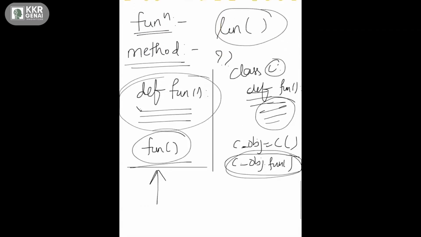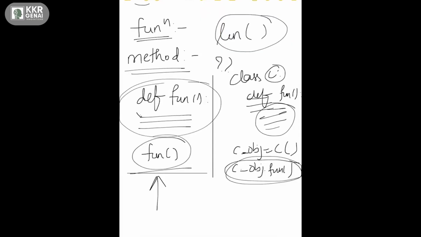Shekhar, sorry, but one quick question here. Go ahead. Suppose you have a combination of functions and methods in a class, and within the same class you have to call a method. At least in Java, we don't need an object if we're calling within the same class, right? Is it the same case with Python? What will be the difference between a function and a method?